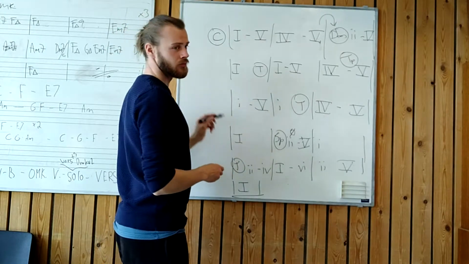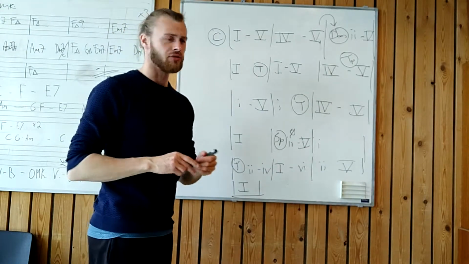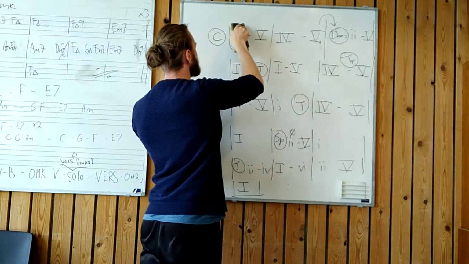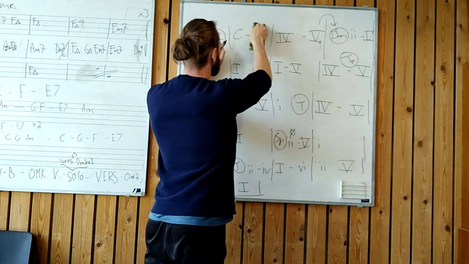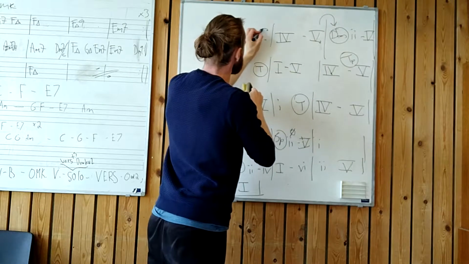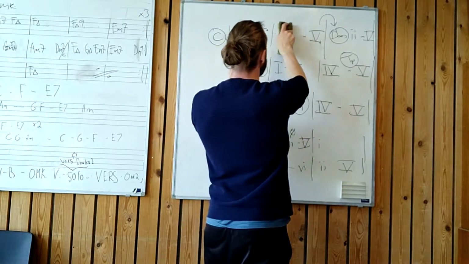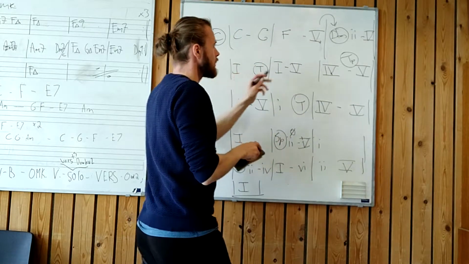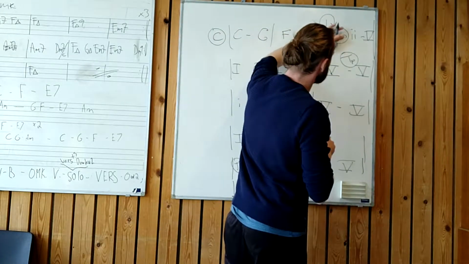And then, actually, let's do this. If I haven't wasted enough of your time, I could just do this. So then the 1 becomes the C, 5 becomes the G, 4 becomes an F, and then this dominant over here